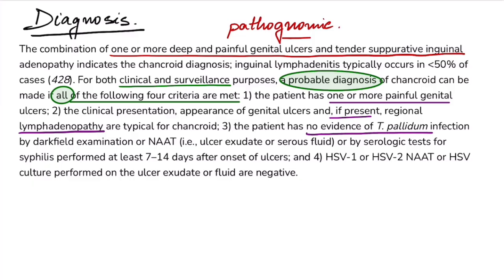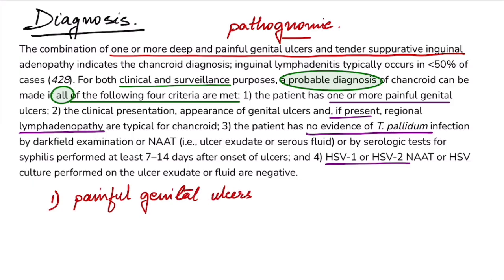This is the second criteria. The third and fourth criteria is exclusion of syphilis and herpes genitalis. So now we'll write down the 4 criteria. The first one is there are multiple painful genital ulcers and it is consistent with the morphology of the Chancroid